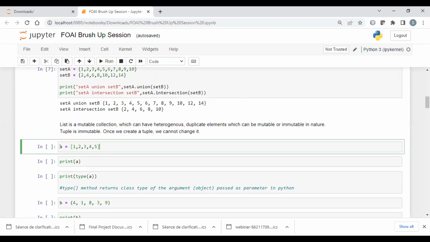Looking at the first example that is mentioned, can you tell me if it's a list or a tuple? All right, we have one answer, it says list.